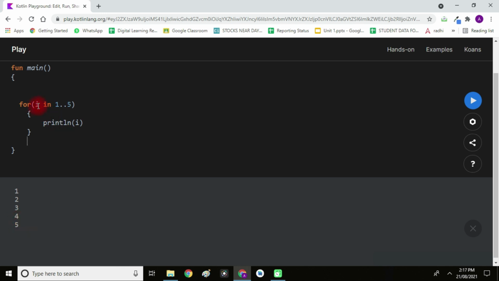Okay, so if I have a for loop and I want to print 1 2 3 4 only, what I will do is write for I in 1 until 5. It will give me the output starting with 1 and going up to 4. It will not consider 5 because we have used the until keyword here, so it will go up to 4 only. Okay, so this is how you can use loops.